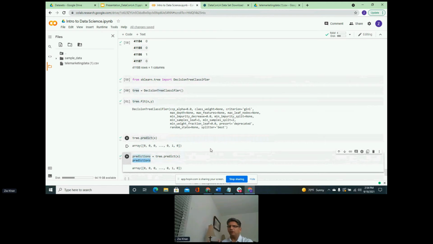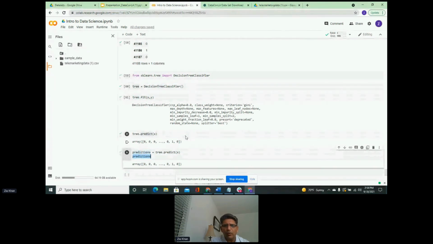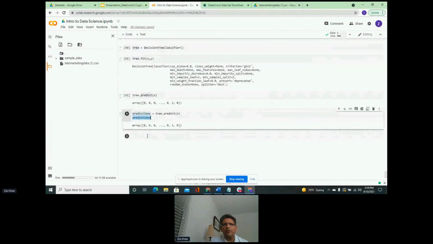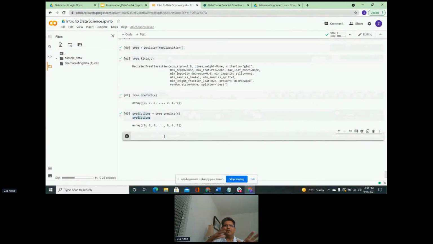We also have the true values. What we want to do is compare the true values and see how close or how correct or how accurate we are in our predictions. So what we are going to do is compare the two. Now, there are many different ways of comparing the two. You can manually write some functionality to test that out for you. However, I am going to show you something which is built in.